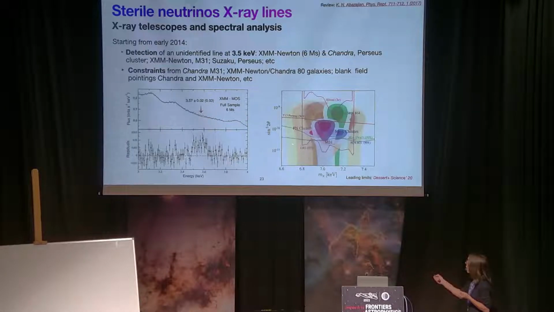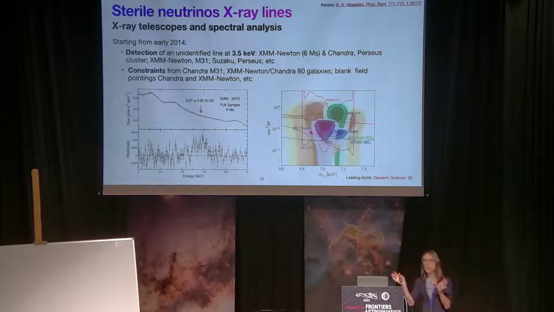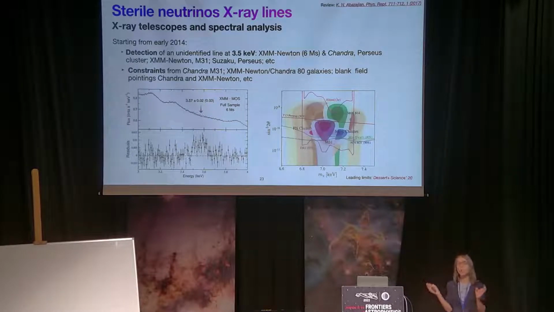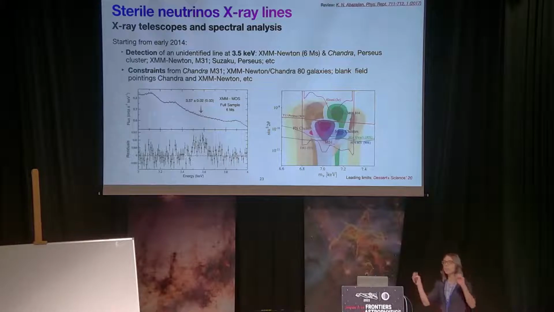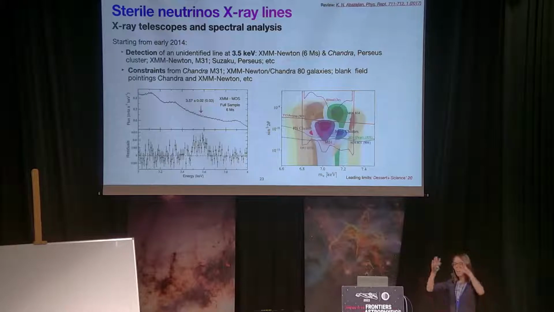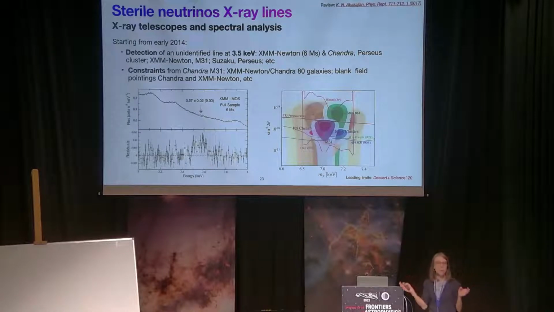And are actually derived by accumulating a lot of blank sky observations of XMM. What does it mean, blank sky? It means that you take all the pointings that XMM ever had at high latitude in the galactic halo, where there is nothing astrophysically interesting, and you stack those observations together,